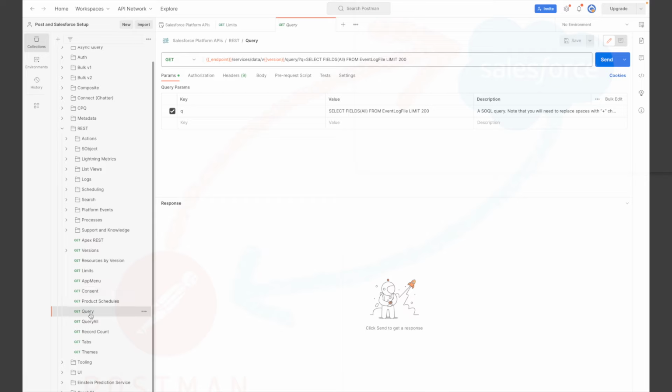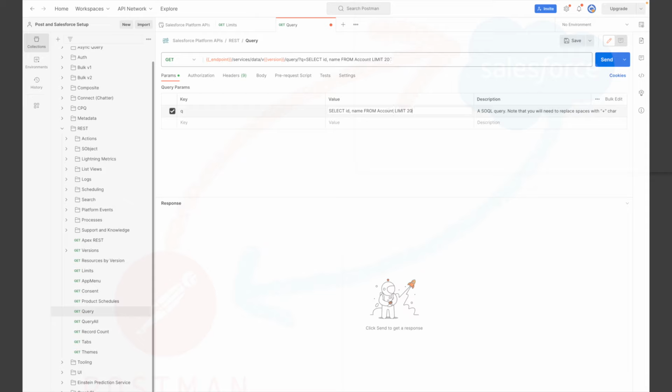We will make a query to Salesforce, and here you can modify your query. That's the beauty of Postman and this collection. Actually, all the information is pre-filled for you. You just need to change a little bit. Let's say I want to query ID, name from account.